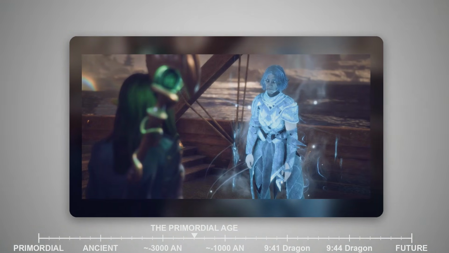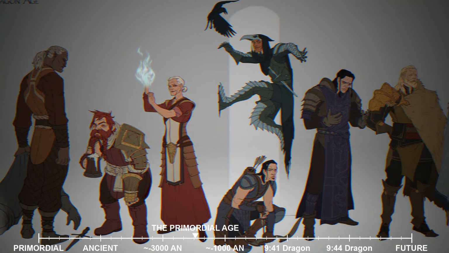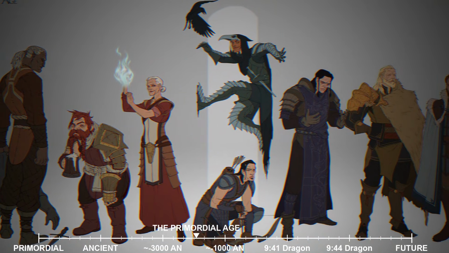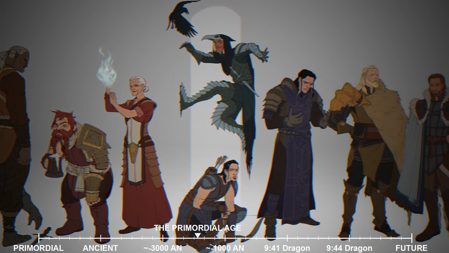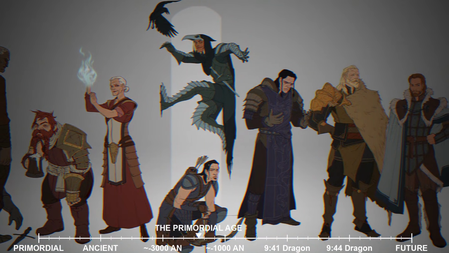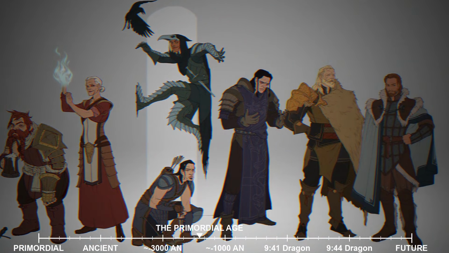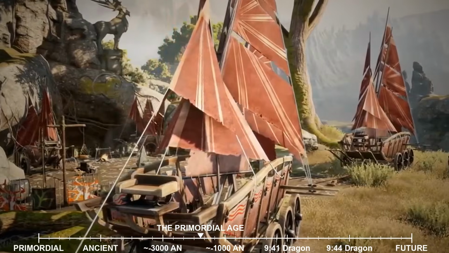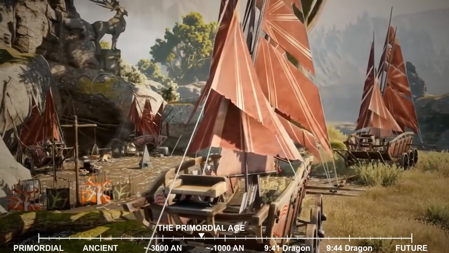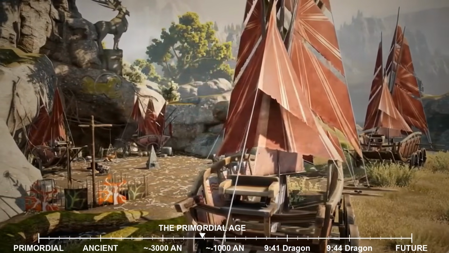The early inhabitants of Thedas, as they developed consciousness and awareness, found themselves living in a world where the boundary between thought and reality was gossamer thin. These beings, whatever their exact nature, had direct and frequent contact with spirits. There was no fear in these interactions, no understanding that such contact might be dangerous. Spirits were simply part of the world, as natural as rain or wind.